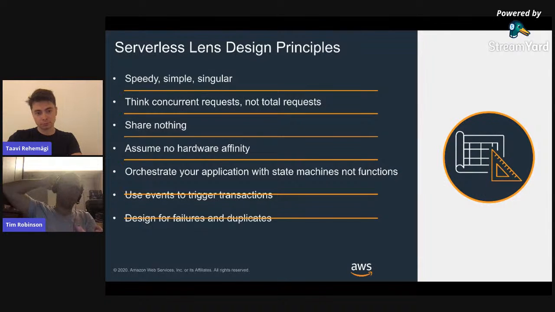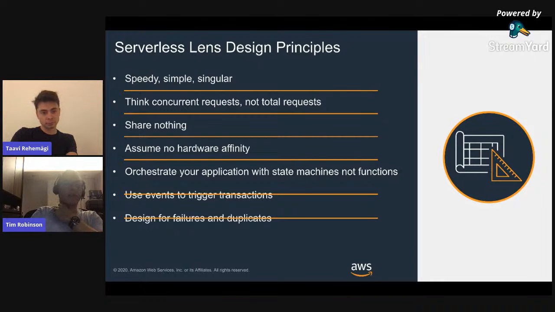So orchestration is probably one of the key benefits to serverless, and again, chaining functions together is really akin to our standard monolith design. So please don't do that. We've got state machine structures there to build out that complex orchestration for you. So try to make full use of those, and again, combining that with the fact that your functions work in a precise and singular manner means that you can build out those complex workflows.